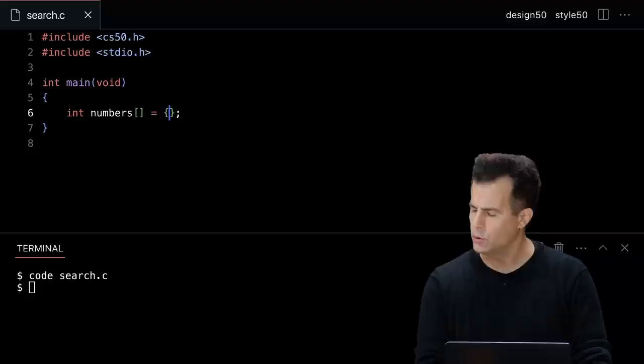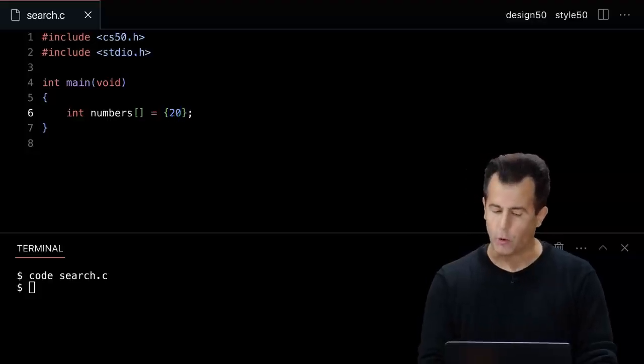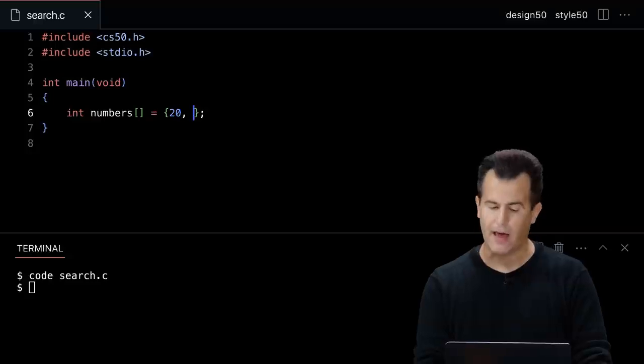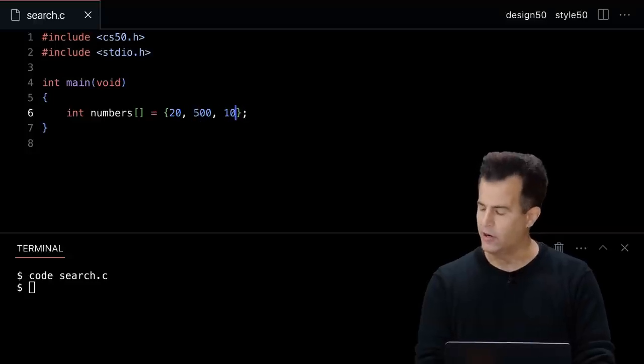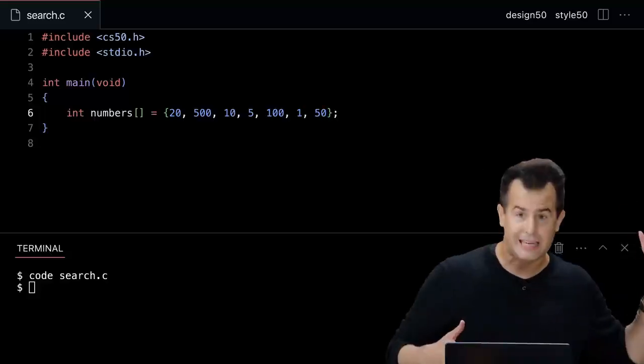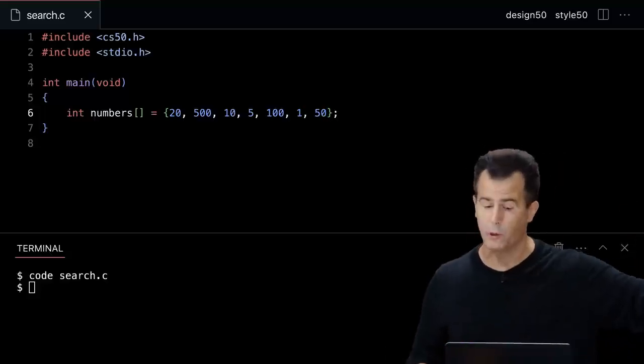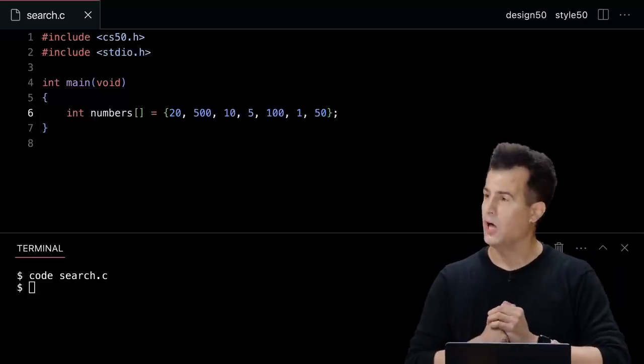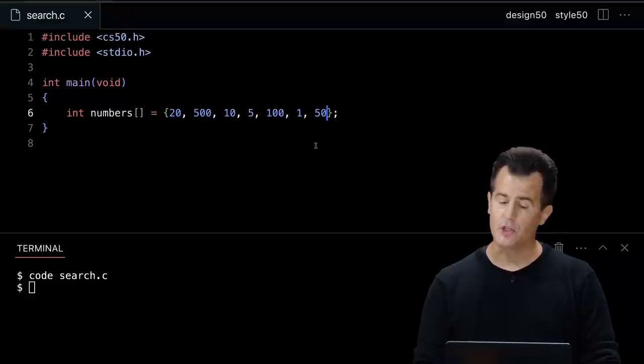So this is one new use of curly braces, but it's a handy trick when you want to create an array that has specific values like 20, 500, 10, 5, 100, 1, and 50, which just happens to be the exact order in which the dollar amounts previously were behind those lockers. So what does this line 6 do at the moment?